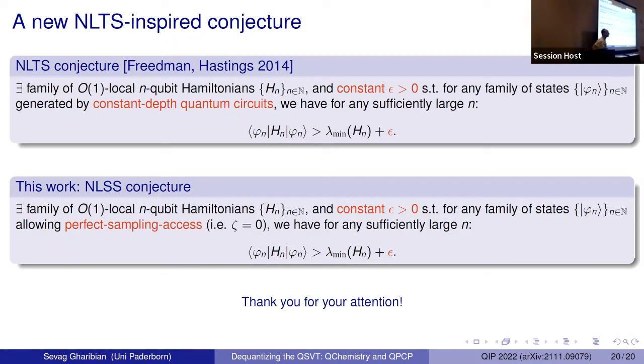Linking back to your quantum chemistry motivation at the beginning. Would you have this perfect sampling access for these Hartree-Fock type of states? So would those be candidates for this? I don't know for sure. I'm guessing the answer is yes. I mean, typically, like for the subset, for the semi-class